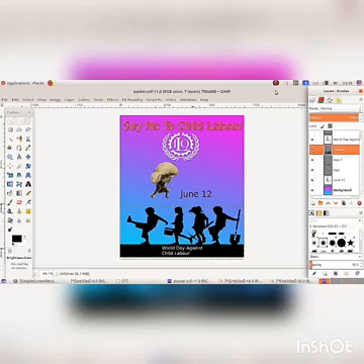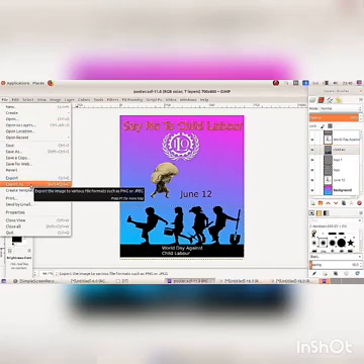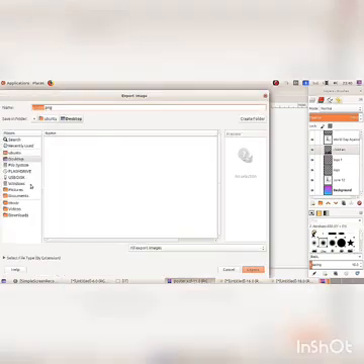You have learned how to export a file in GIMP. To export this file in GIMP, click on the File menu, then the Export As option.